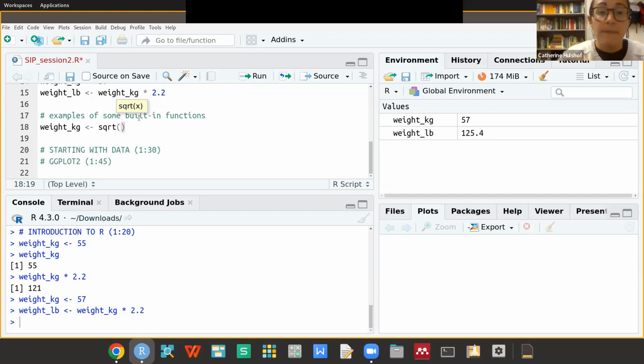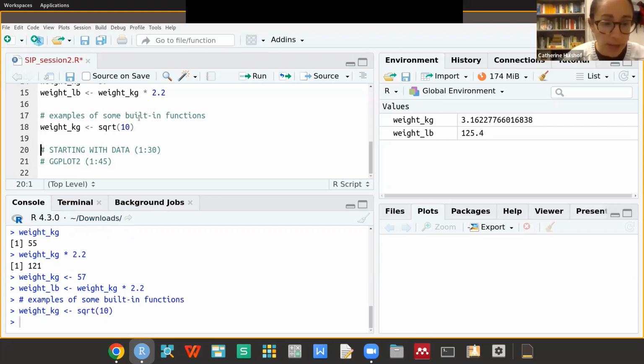When you type in the name of a built-in function, you'll get this yellow box reminding you what R expects from you. So it's expecting an argument X. So it's expecting some sort of value for this function. So let's give it a number, square root X, and I'm going to run this, send it